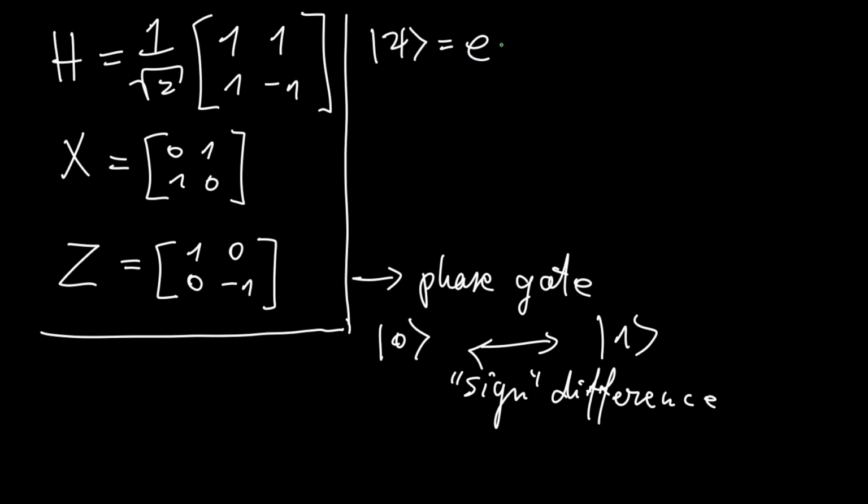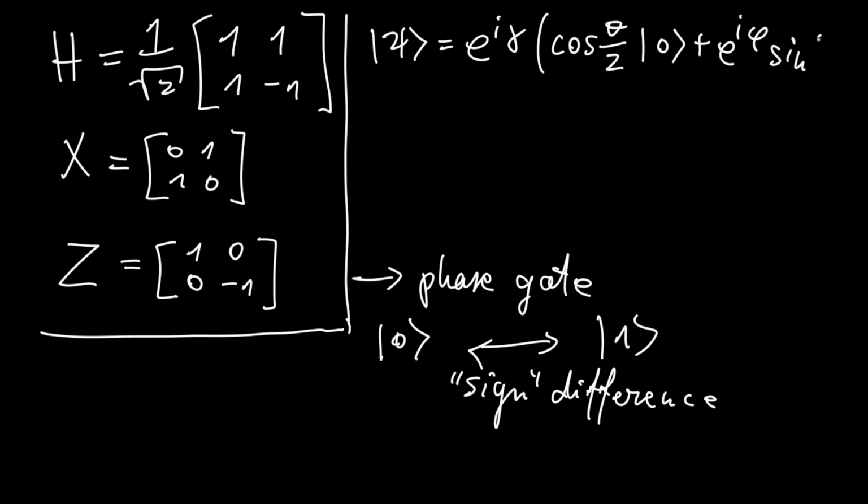It's gonna be e to the power i gamma cosine theta over 2 |0> and then plus e^(i phi) sine theta over 2 |1>. So this is called the global phase,